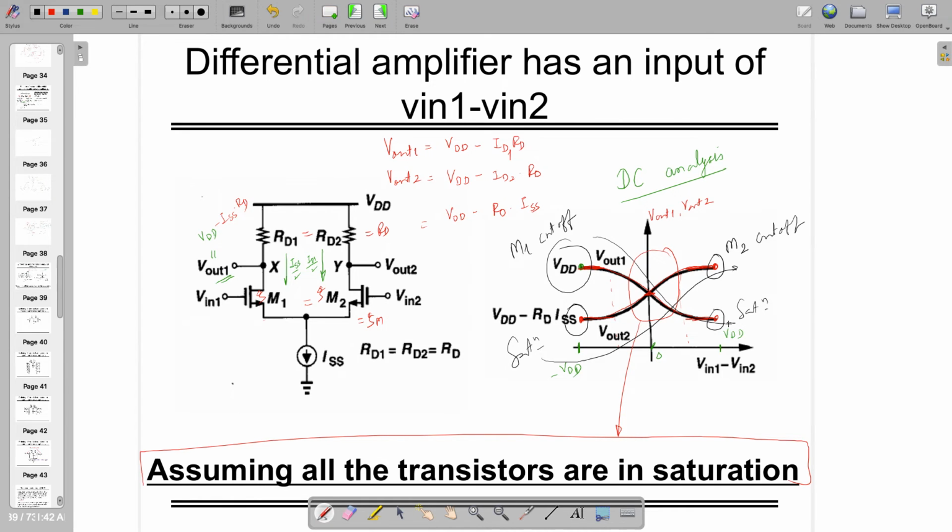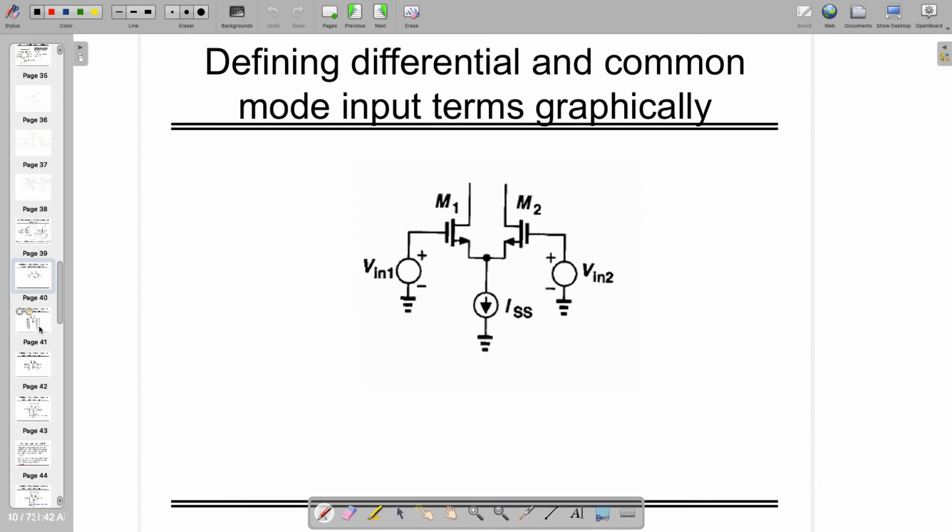You can see the transition is not going exactly like this, because of one fact: there is a linear region, right? If you understand that,